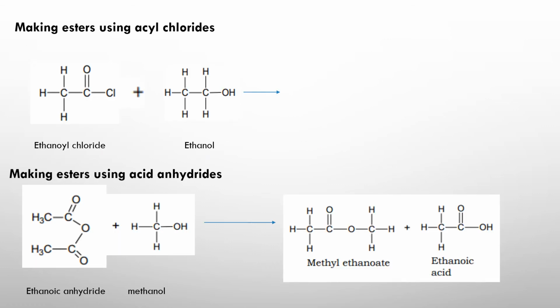It can also be prepared by reacting alcohol with the acid chlorides as well as alcohol with acid anhydrides. The basic principle is the same. Alcohols will be losing the hydrogen group, while the acid chloride will be losing the Cl group. So together the H and the Cl will form HCl as a byproduct.